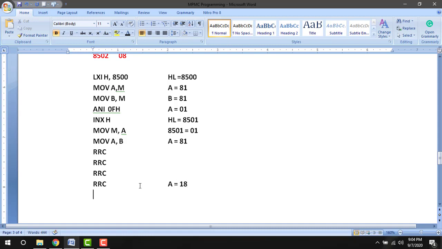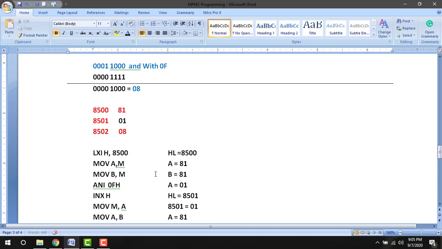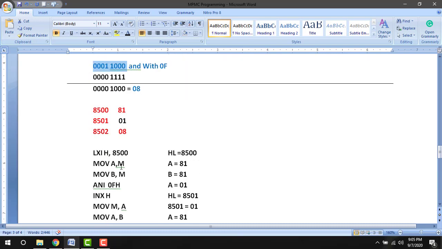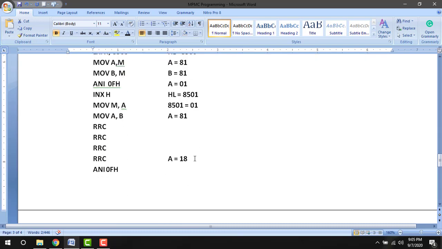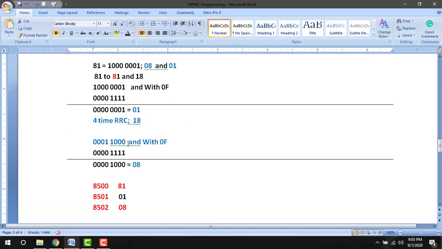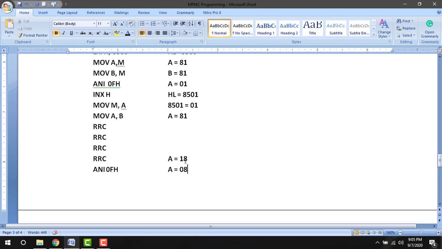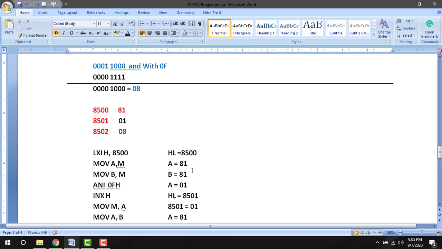So now ANI, AND immediate with 0FH. So 18 is AND with 0F. So the answer is 08. Now the accumulator content is 08, because we AND the accumulator content 18 with 0F.